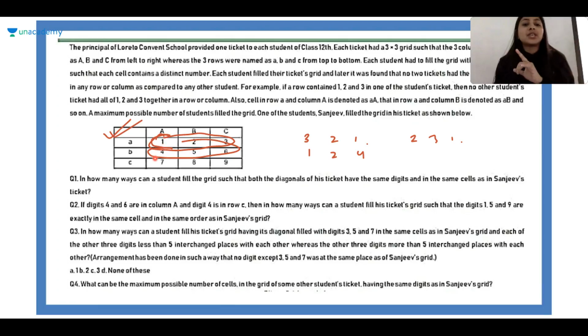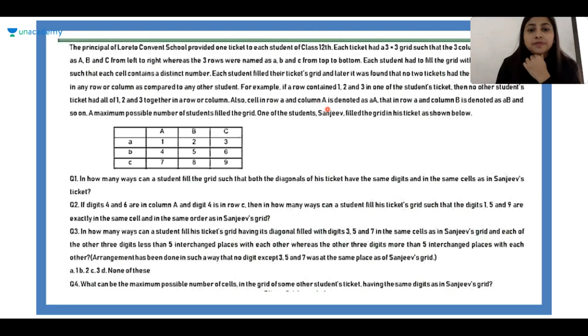4 5 6 नहीं हो सकते, 7 8 9 नहीं हो सकते, 1 4 7, 2 5 8 और 3 6 9. ये numbers इसी like same row और column में किसी और के टिकट में नहीं हो सकते. The same combination of 3 numbers they are talking about, not the order. ठीक है, 3 6 9 का मतलब ये नहीं कि आप किसी और के टिकट में 9 6 3 कर दो. No, even that will not work. ठीक है. Okay, so if the concept is clear, we'll now go to the questions.